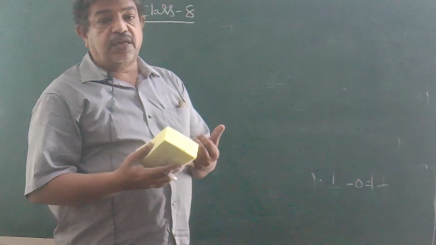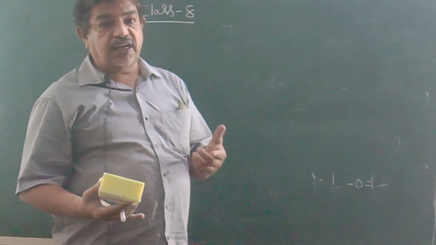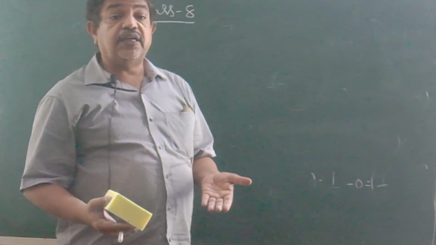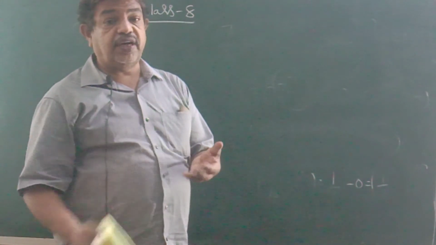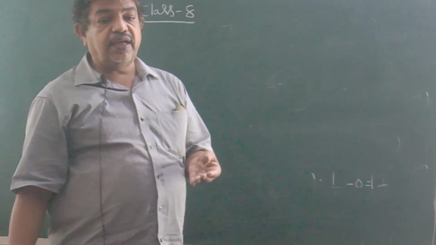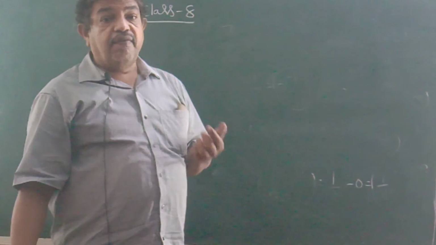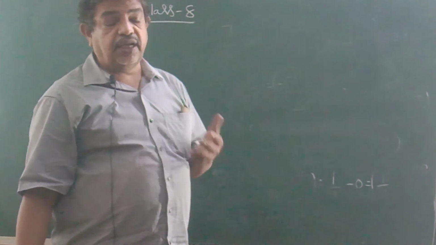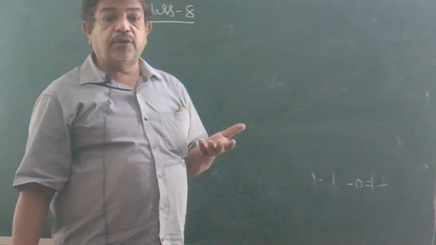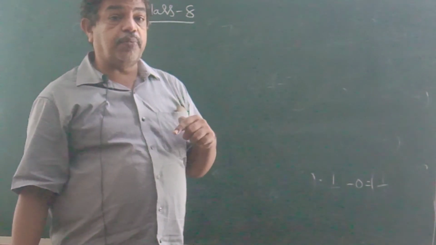So we discussed rational numbers, which are in the form of p by q, where p and q are integers, and we learned their properties under addition and verified their properties under subtraction. What are the properties we verified under addition? Closure, commutative, associative, identity, and inverse properties. Similarly, under subtraction we verified whether the difference of two rational numbers is a rational number or not. Yes, rational numbers have closure property under subtraction. And we checked whether rational numbers have commutative property under subtraction or not.